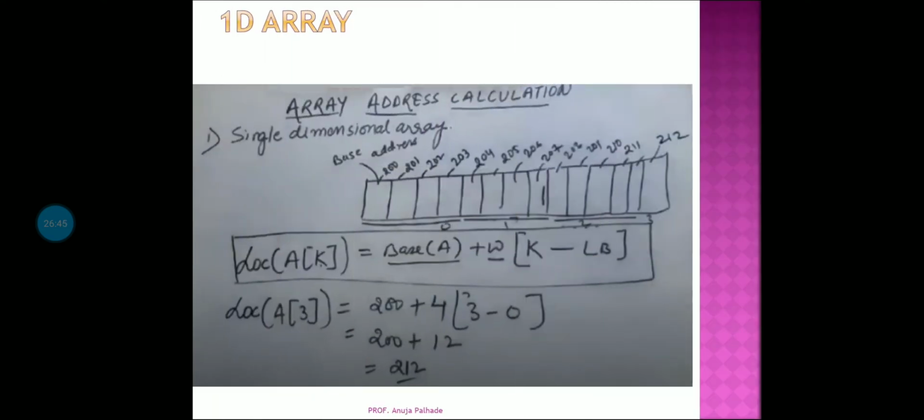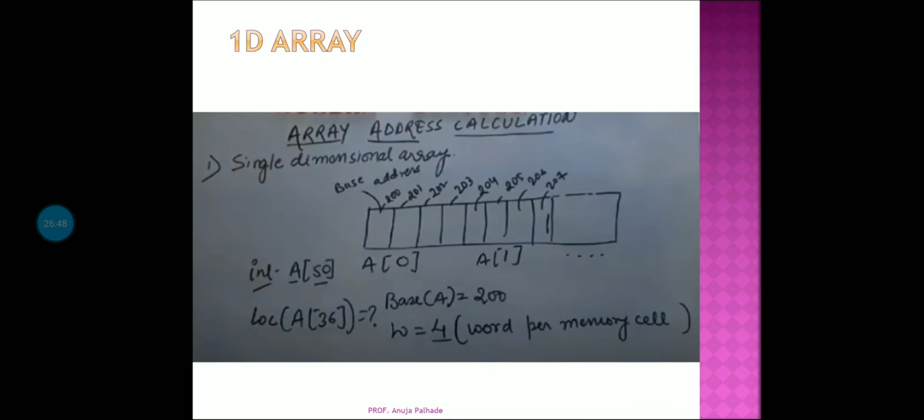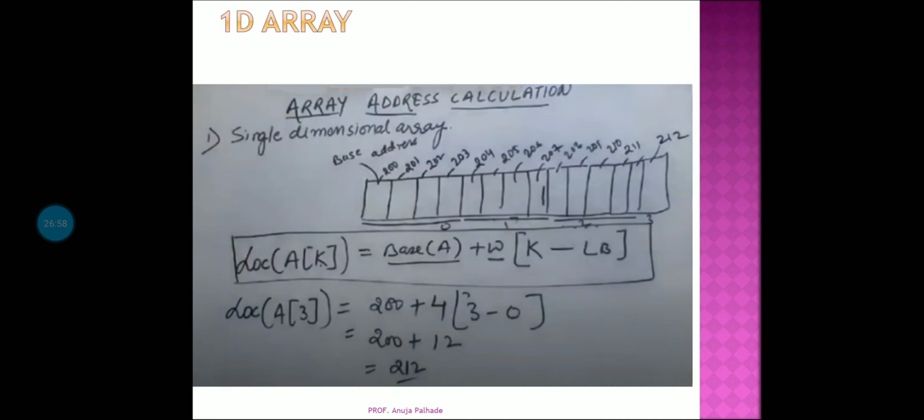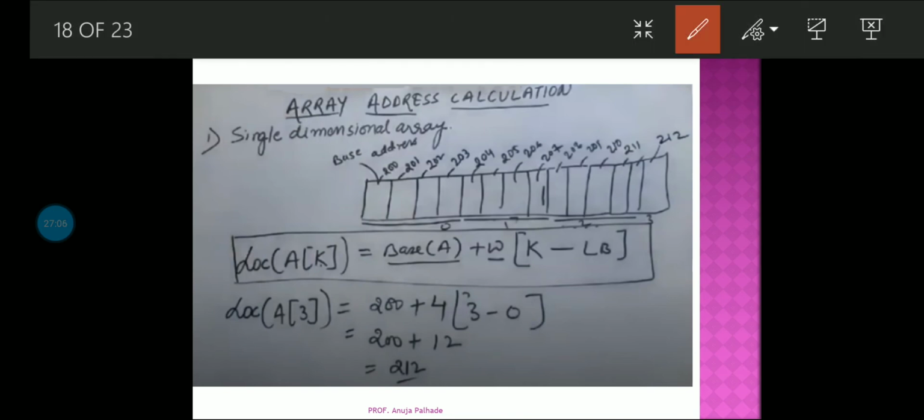Move ahead. So how are you going to calculate then? Okay, fine. Let's leave A of 36, it is a long number. Here you have been provided with up to A of 4 only. So let's find out the base address of A of 4. So this is the array, you can check here, I have just drawn it. So this is 1, 2, 3, 4 up to here, 0; 1, 2, 3, 4 up to here, 1; 2 is finished here, then 1, 2, 3, 4, 3 is going to be finished, then 4, 5.